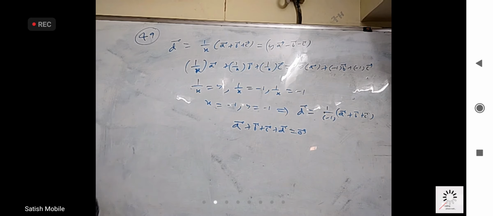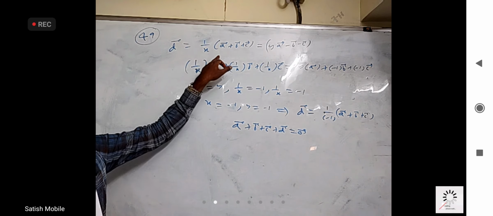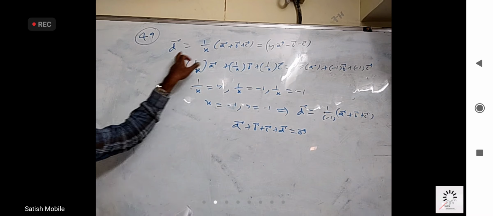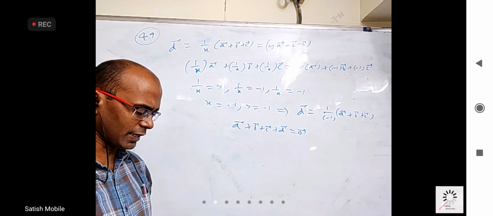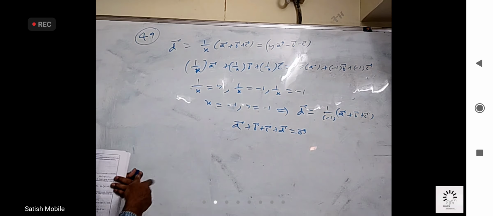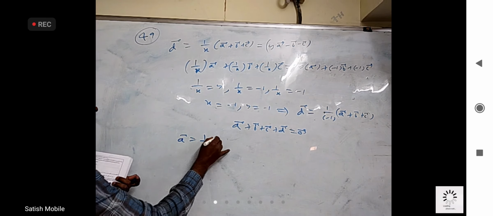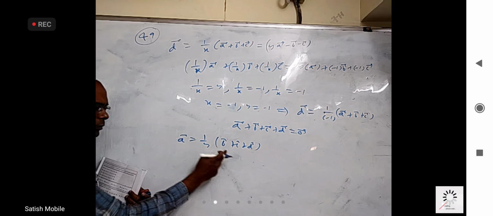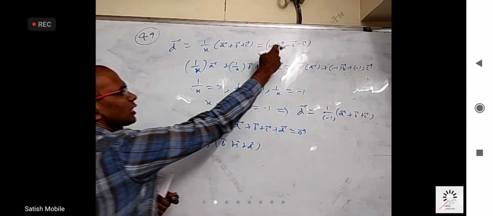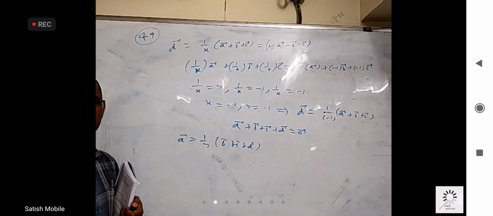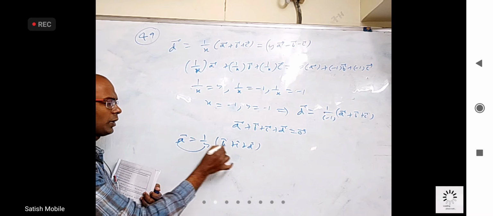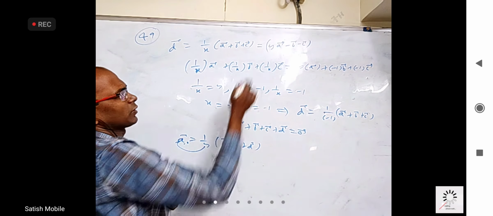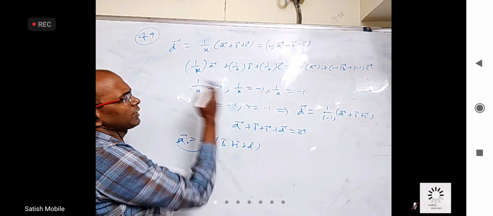Okay. From the first equation D bar equal to this, is it correct? From the second equation I wrote D bar equal to this. Why? What is your second equation? A bar is equal to 1 by y into B bar plus C bar plus D bar. Bring y here, bring this B bar here, C bar here. Is it okay now, this one? Y A bar minus B bar minus C bar. First equation gave us this, second equation gave us this. So these two should be equal. And then I just split them and compare the coefficients, that is this.